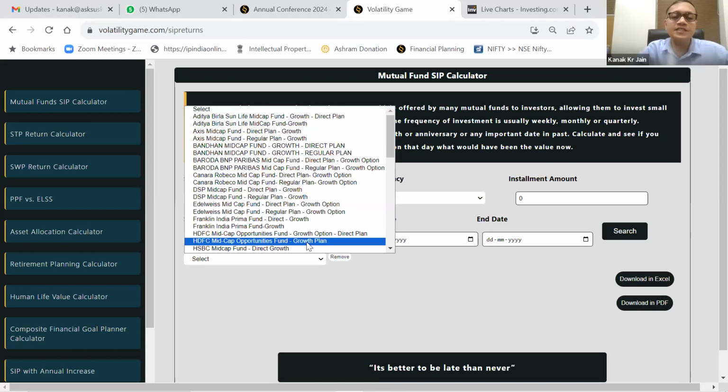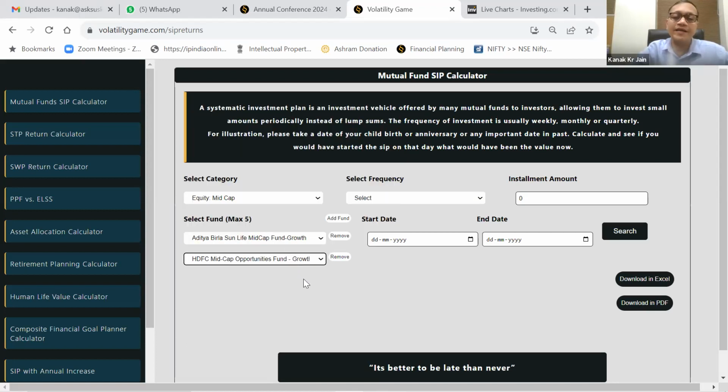Let's say HDFC Mid-Cap and Aditya Birla, I have taken 2. You can take 5 funds out of this. So once you have done this, and let's take monthly and the installment is also 10,000. And a starting date, 2013 I have done. End date is, let's say, so once you have done this and once you search,